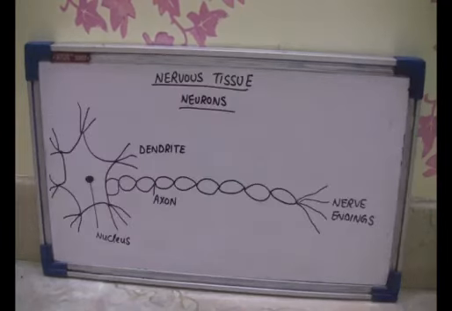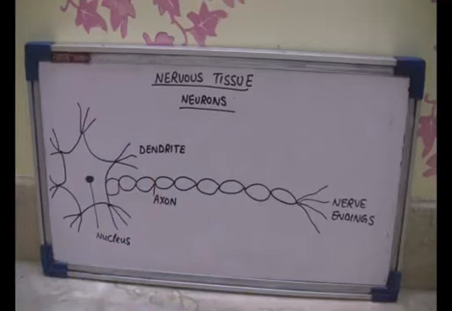Now, what are nervous tissues? Nervous tissues are the tissues which are found in the brain, spinal cord and the nerves. The cells of these tissues are called the neurons. A neuron consists of a cell body. See, this one is the cell body of a neuron. It has a nucleus in its center and it has the hair-like projections coming out of the cell body, which are the dendrites. The other one is the axon. The axon is a cylindrical structured shape which is coming out of the cell body. These are axons, and at the end of the axons there are the nerve endings.